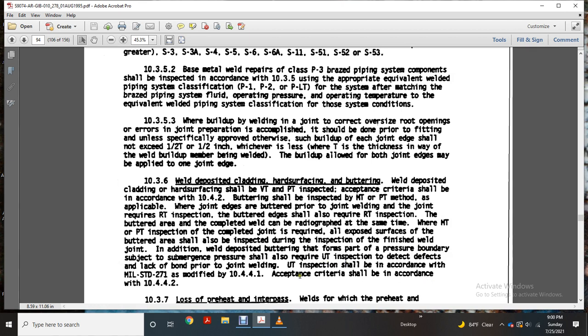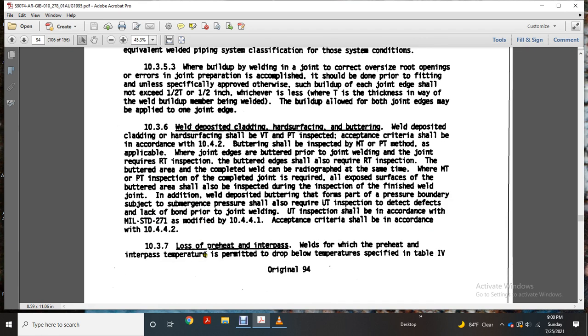Ultrasonic testing should be in accordance with the military specs standard 2710 and specified in 10441, except for the criteria should be in accordance with 10442. Loss of preheat, interpass. Welds over the preheat with the interpass is permitted with the drop below the temperature specified in the table